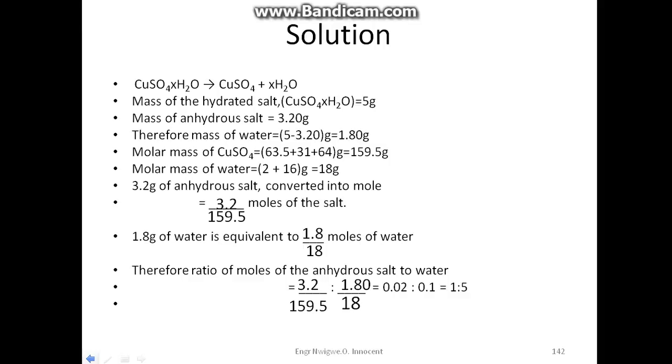Chapter 6. Boyle's law, Charles' law, general gas equation and Dalton's law of partial